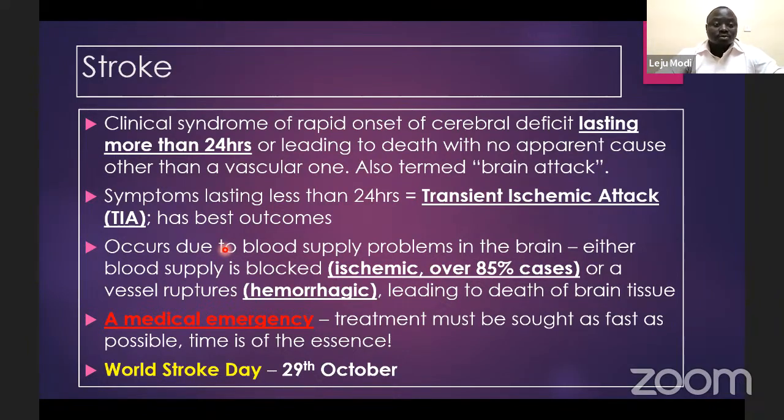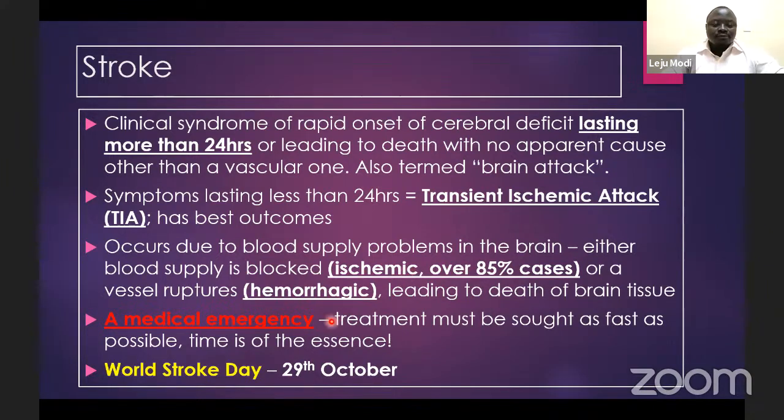But as we said, they could just die at once. Yesterday, we talked about World Diabetes Day and World Hypertension Day. Stroke also has its own day, which is the 29th of October. So if you think you can create something within your locality and tell people about stroke and how they could